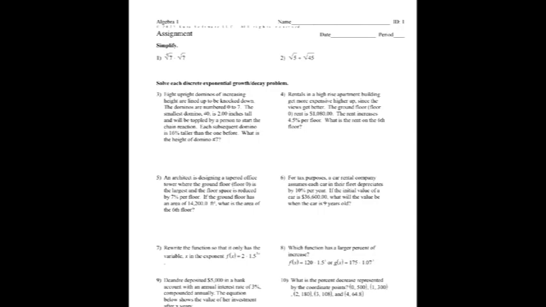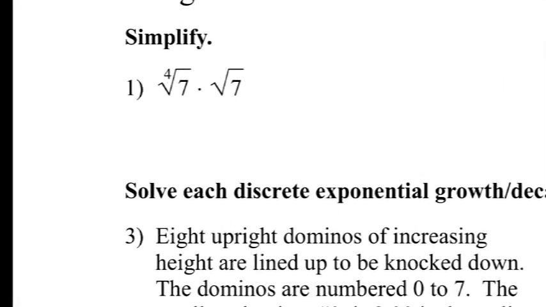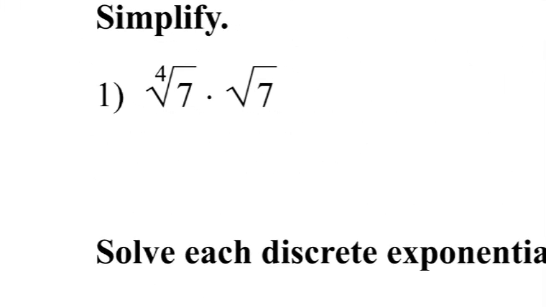Be going over the Module 3 DBA question examples. These will be similar to those you'll find that I'll do in the DBA with you. So this first one is asking us to multiply these two radicals, and I'm going to convert them to rational